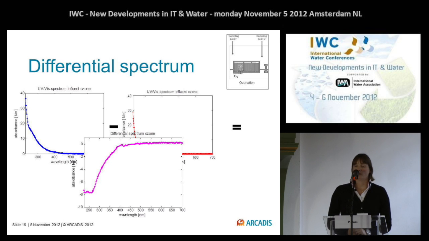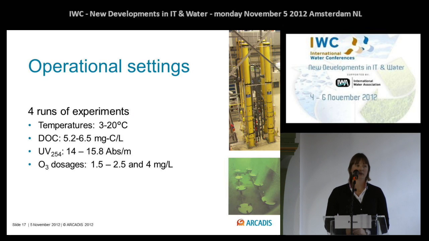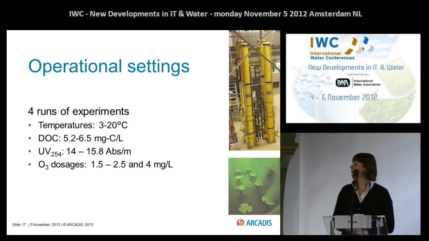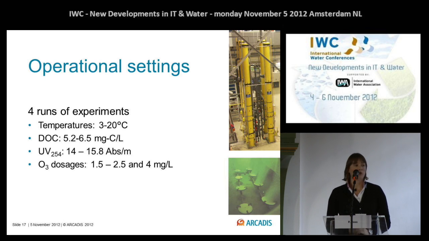And for these values, we did a lot of experiments. We did these experiments over the last 5 years. We had temperature fluctuations between 3 and 20 degrees Celsius because it's surface water treatment. The DOC concentration varied between 5.2 and 6.5 milligrams per liter. We had a UV254 change between 14 and 15.8 absorbance per meter, and we also applied different ozone dosages to try and get the biggest range available, which is normally used in drinking water treatment in our